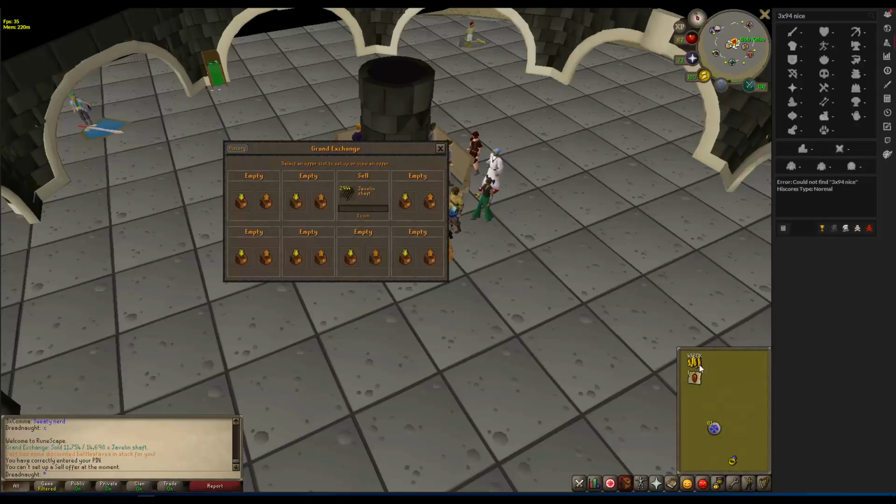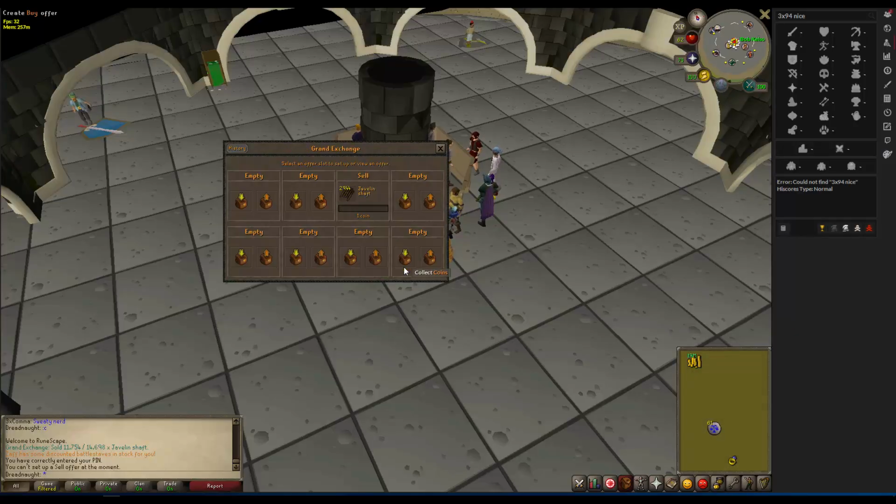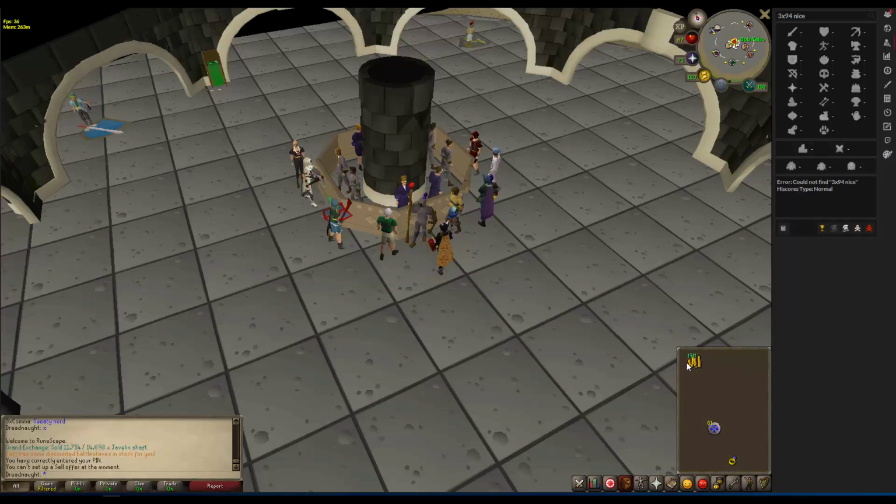Right, I've just finished selling all the loot, and as you can see, 4.3 mil. That includes everything but the Zenyte, so let's go and sell that now. Let's just dump it in for just under mid. 15.1 it sold for. So that's a total of